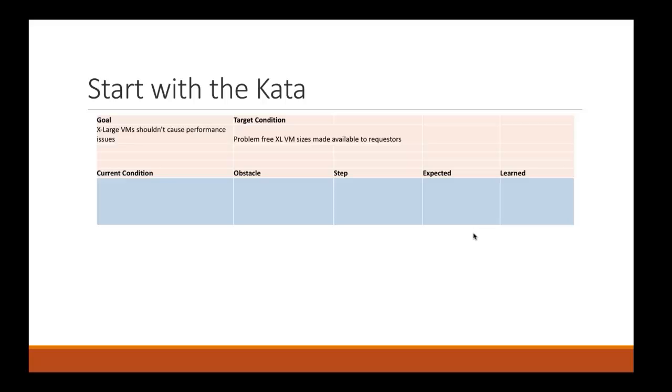Oftentimes we have 2 or 3 levels of portfolio items in terms of size or scale in our portfolios. So you might have an epic type size, which is a high-level goal, and it really aligns to this goal right here, right? And then you may have a feature, which is much more technically driven, more practical or tactical in terms of focus, which is a level below that epic, and can be your target condition, right? And then finally, each iteration here, oftentimes in my team, ends up being a user story level type